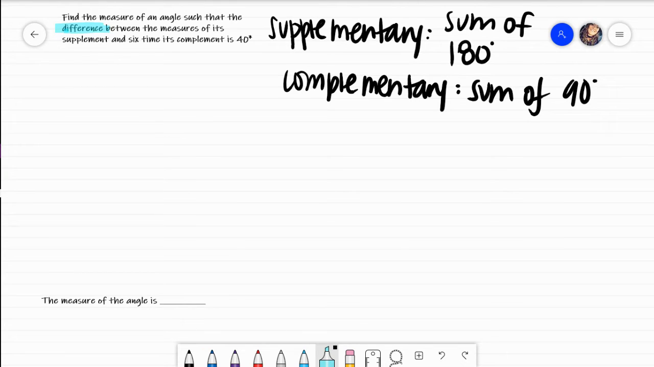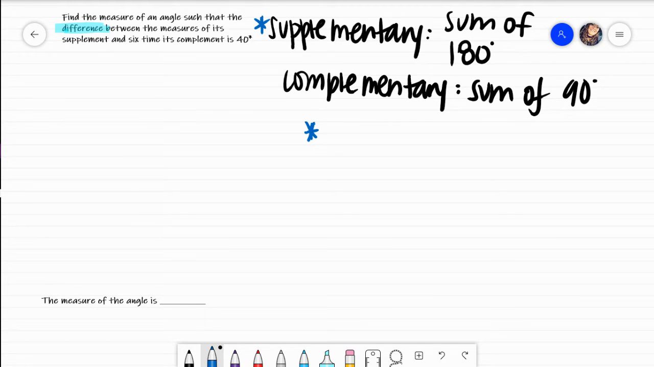So it's telling me that I'm going to take the difference between the measure of its supplement and 6 times its complement. Because I know the fact that the sum of supplementary angles equals 180, and the sum of complementary angles is equal to 90, this is actually saying, as far as the supplementary part of the problem, where it says the measures of its supplement, right here in blue,